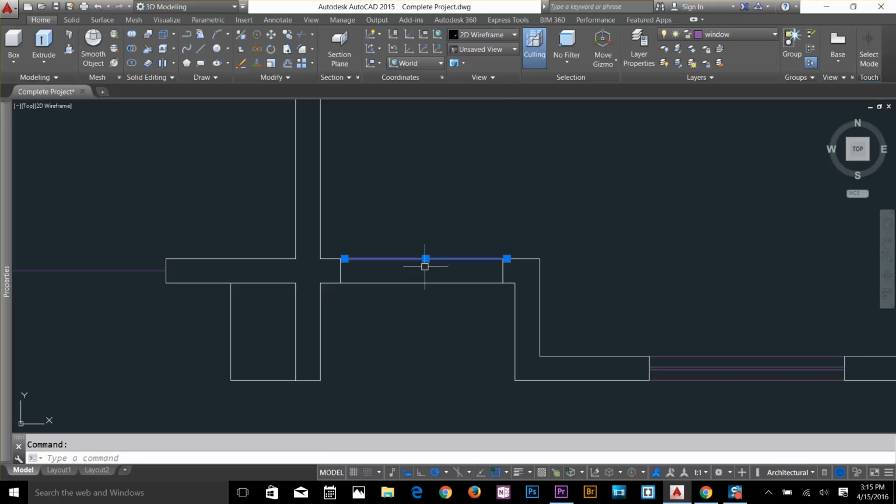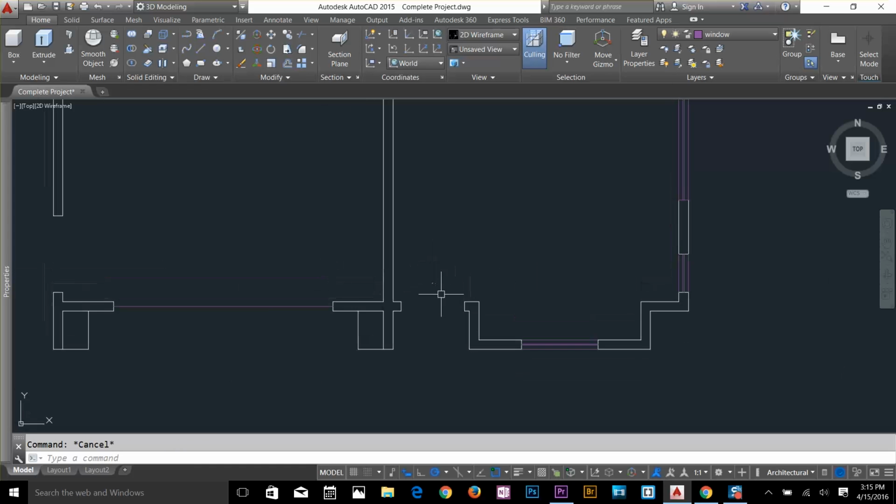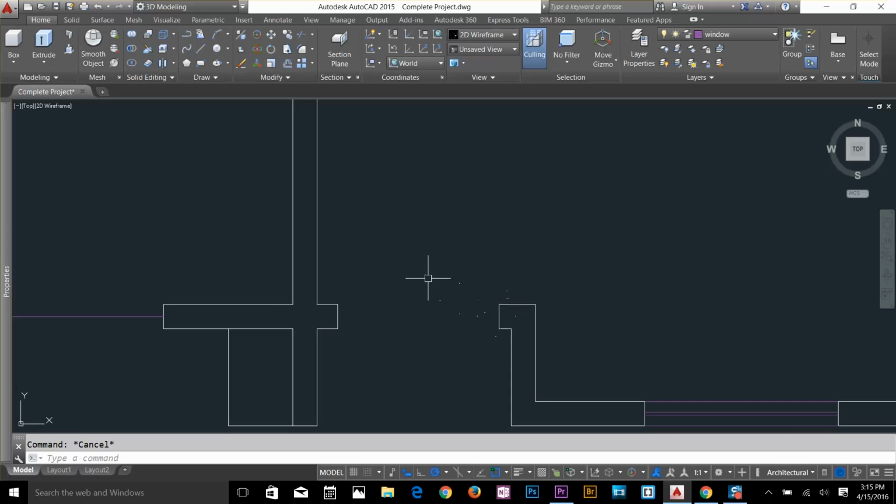So now get rid of this reference line and just cut your door area. Alright, so now we got our door area. That's a 2.5 feet door. So now to make that door, I'm going to change my layer to doors, and now I can use polyline. If you don't know about polyline, check my tutorial on polyline on my channel. So PL for polyline, start from the middle, and the door is 2.5 feet, so the height would be 2.5 feet,